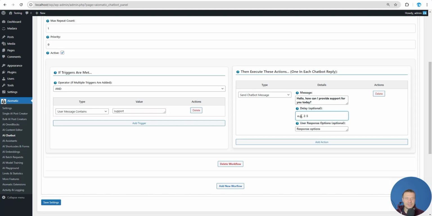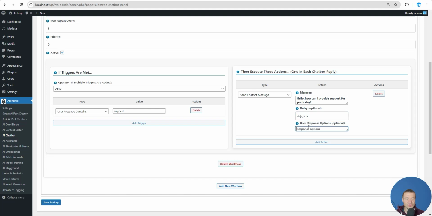So delay can be used to simulate chatbot behavior, because the chatbot is thinking for a period, and this delay is also simulating the thinking of the chatbot. So you can set this to 2 seconds, for example, to set a 2-second delay before this response appears